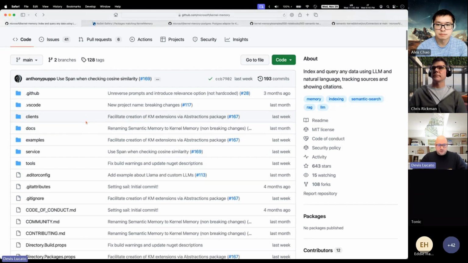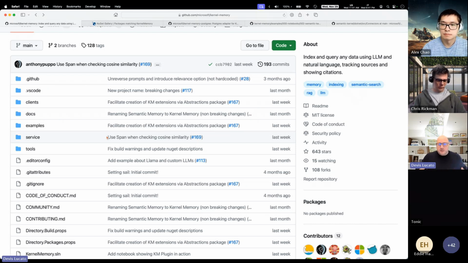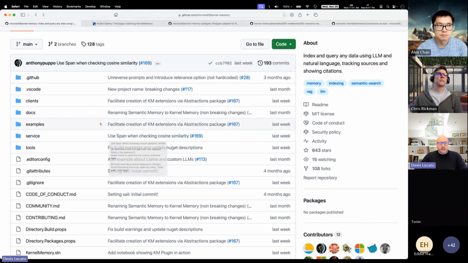So now the repo is structured in two main areas: the clients and the service. The idea here is that you should run the memory as a service so that you can ingest data asynchronously. You can have pipelines running in the background. For .NET, there is still a way to run it without a service, but we really want to push this idea that, as you run SQL Server or Cosmos DB as a service, the memory itself is a service. So one thing that we have done, we added API keys.